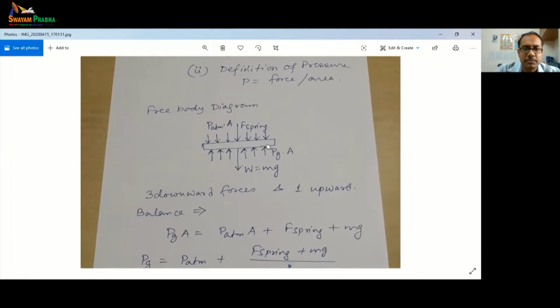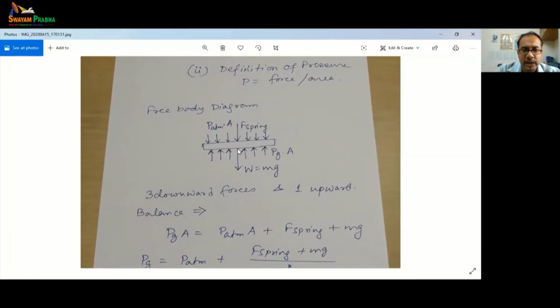So this is the piston part. We can see at the middle we have this force due to spring, F spring, and on the top surface we have a distributed force of P atmosphere into the area. So the total force will be P atmosphere multiplied by the area of the piston. That would be the force acting downwards.